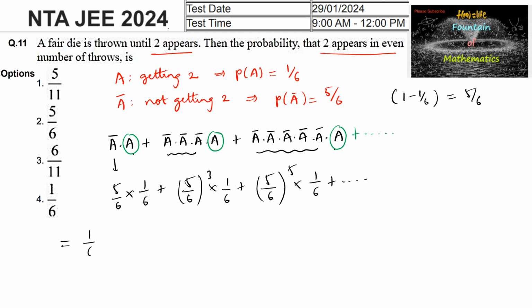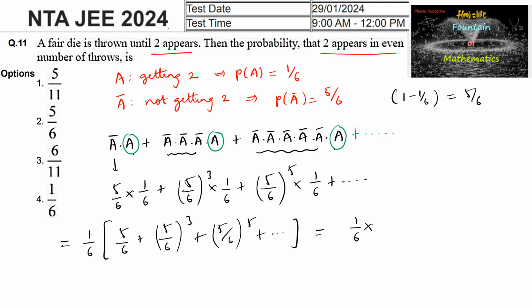So we can take 1 by 6 common: 5 by 6 plus 5 by 6 whole power 3 plus 5 by 6 whole power 5, and so on, which is equal to 1 upon 6 into, and this series is a sum to infinity in GP,